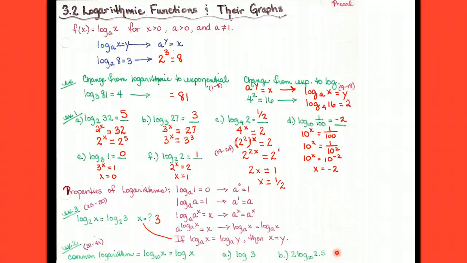We do the same thing with logarithms. The most common logarithm that we work with is a log base 10. And so the log base 10 is known as the common logarithm. And if you see a log that does not have a base, you can assume that it's a base of 10. The log button that's on your calculator, it doesn't have a base, right? That's a log base 10 button. That's your common log button. So when they ask you to find the log of 3, literally that's the log base 10 of 3. So throw that into